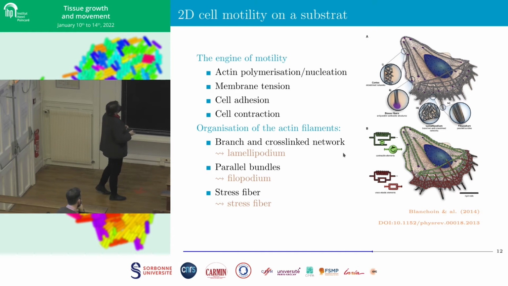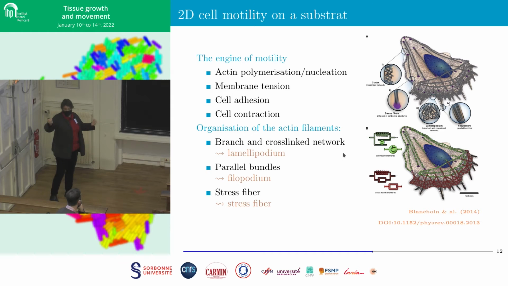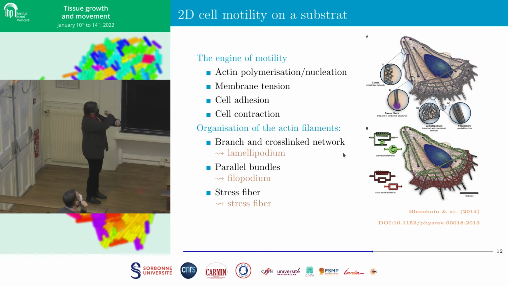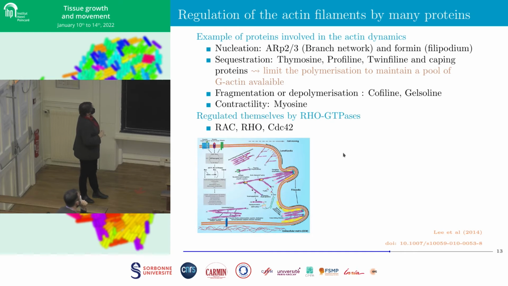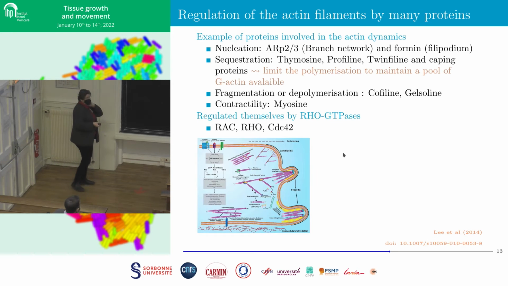The filaments of actin are also polymerized with a plus end and a minus end. The plus end is called the barbed end, and in the case of stress fibers, the plus ends are on the other side. Okay. So these actin filaments are regulated by many, many proteins. And among these proteins, we can mention